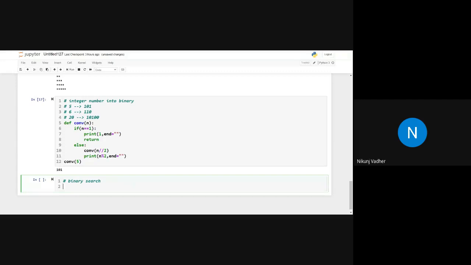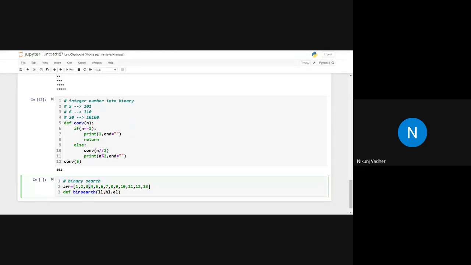Let's say we define one function, binary search, with lower limit, higher limit, and element. Here there will be an array. The array equals, let's say, 1, 2, 3, 4, 5, 6, 7, 8, 9, 10, 11, 12, 13.